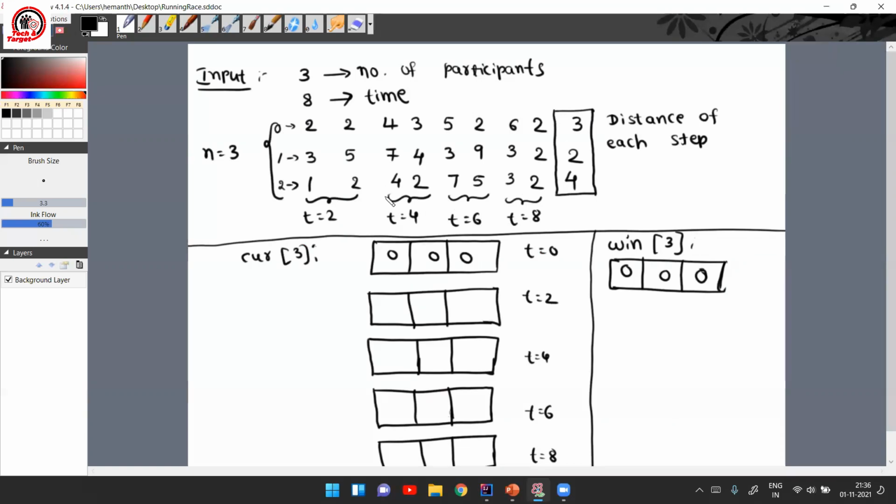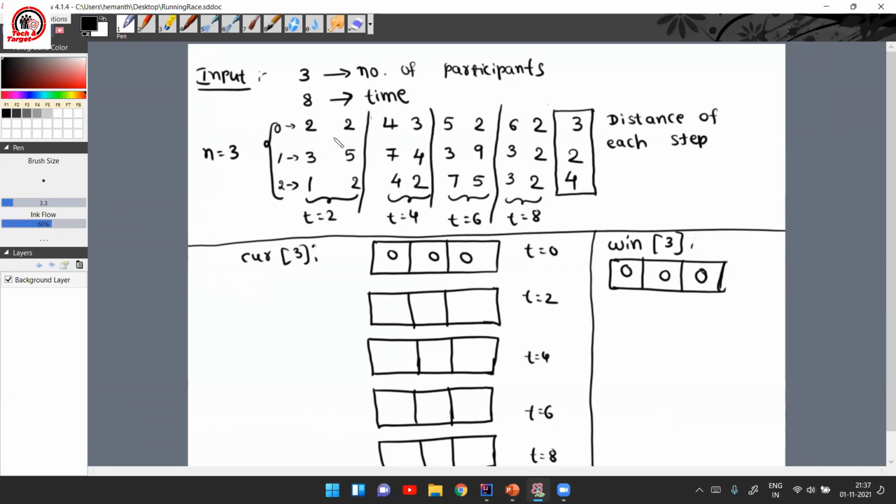Now we know this. What we have to do is, for every 2 seconds, this is the first 2 seconds. This is the next 2 seconds, which is until here. So first we'll calculate until here who is the leader, and we'll increase the leader count by 1, and we will check again, because after t is equal to 2, we'll check for t is equal to 4. After that, we will check for t is equal to 6, and after that, for t is equal to 8, right? So this is how we do it.